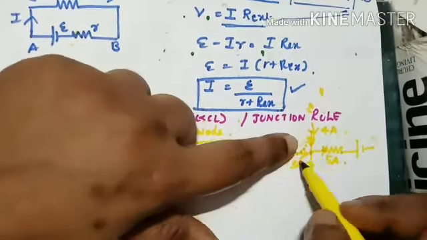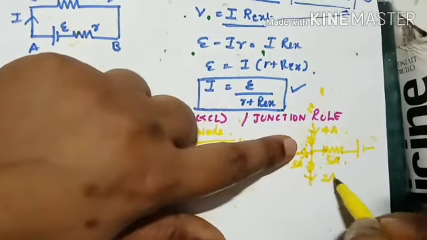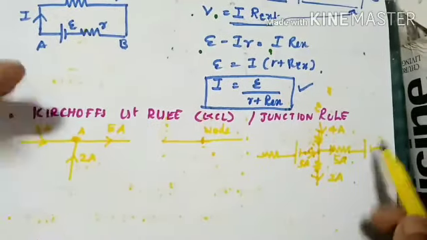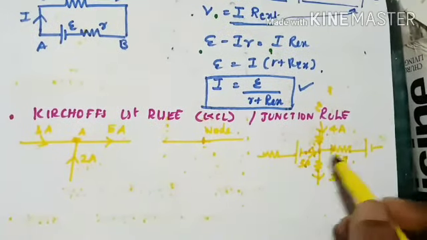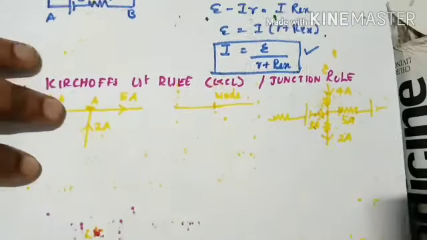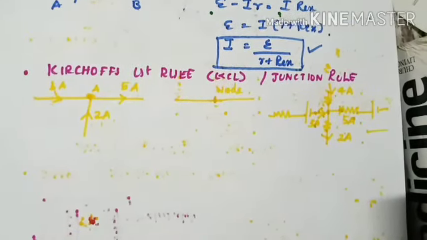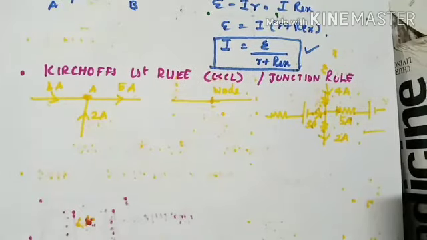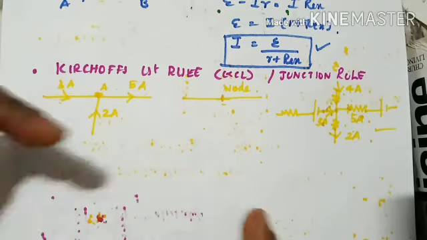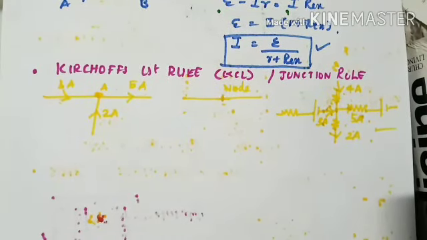So 7 ampere is coming in, 5 ampere is going out, means how many ampere has to still go out? 2 ampere. Simple. So 3 plus 4 is equal to 5 plus 2. The amount of current coming in is equal to the amount of current leaving out. Is it visible, guys? This is something which you understood earlier. I don't think I have to repeat. Something has to be explained regarding the circuit, guys, along with Kirchhoff's law. So let's move on.